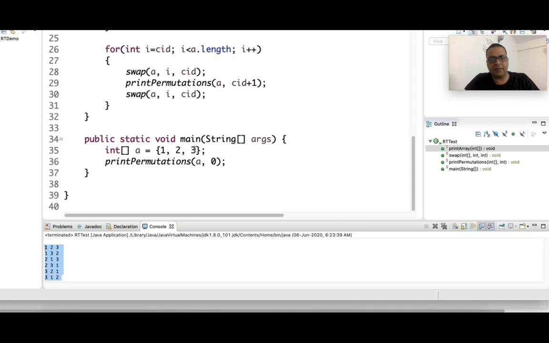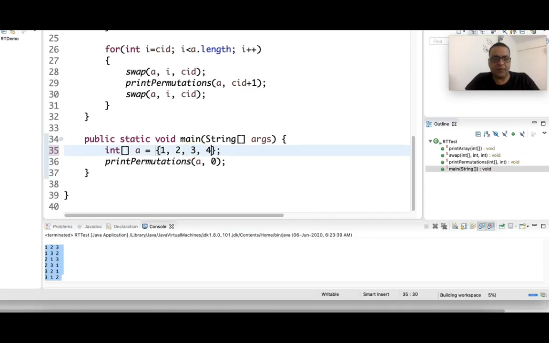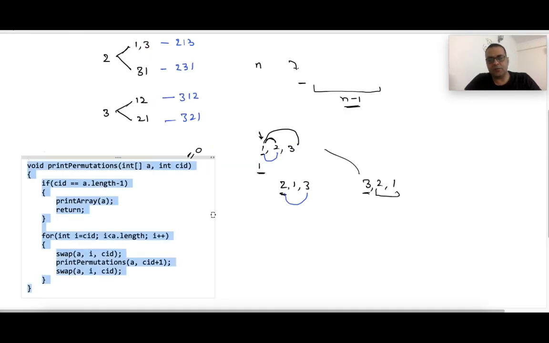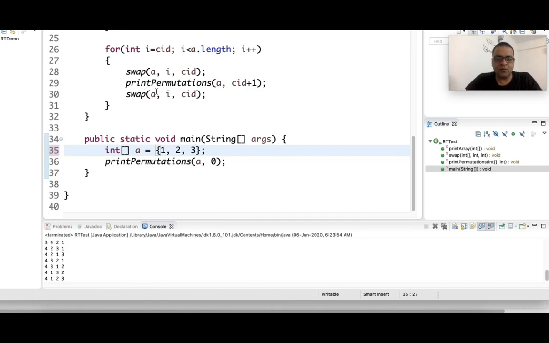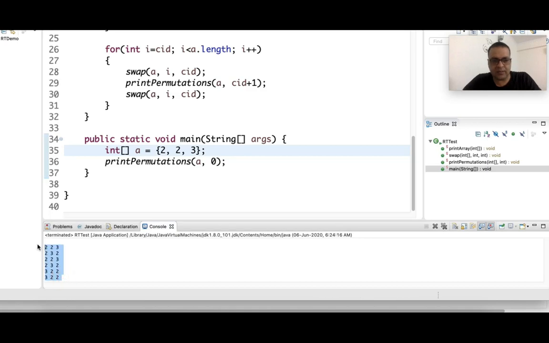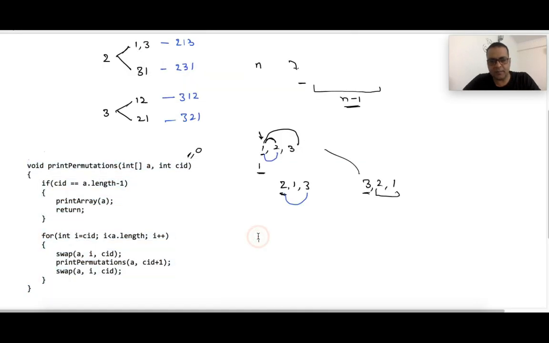If we have 4 elements, then it will print all the permutations of these 4 elements. Now let's say we have duplicates also. So if we have duplicates, obviously this logic may not work, right? So let's say instead of 1, 2, 3, we have 2, 2, 3. It will still print 6 permutations, and out of these 6 permutations, there are some permutations which are duplicates,